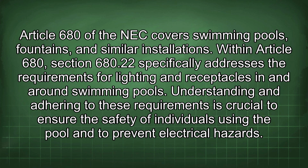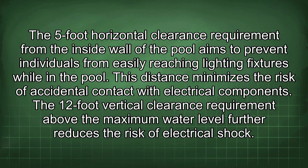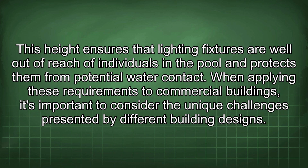electrical hazards. The 5-foot horizontal clearance requirement from the inside wall of the pool aims to prevent individuals from easily reaching lighting fixtures while in the pool. This distance minimizes the risk of accidental contact with electrical components. The 12-foot vertical clearance requirement above the maximum water level further reduces the risk of electrical shock. This height ensures that lighting fixtures are well out of reach of individuals in the pool and protects them from